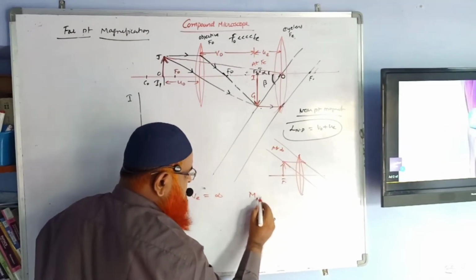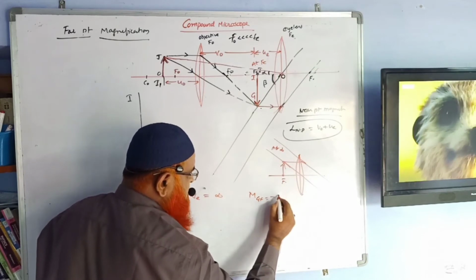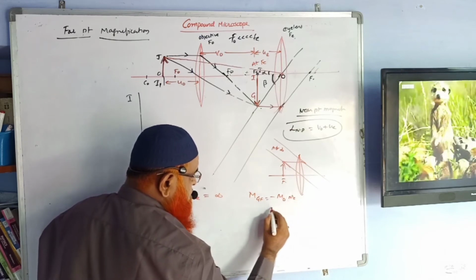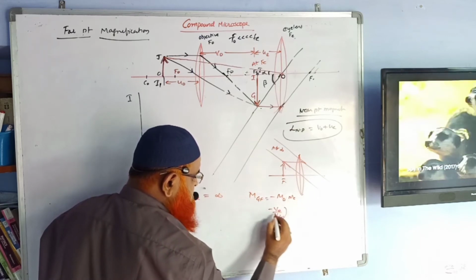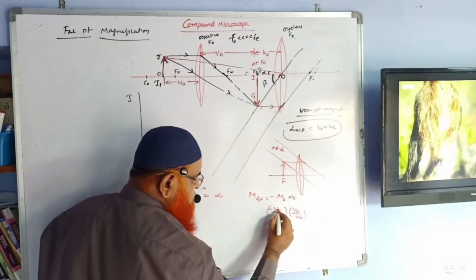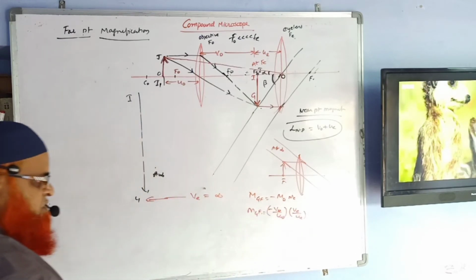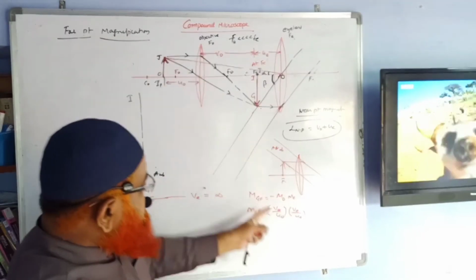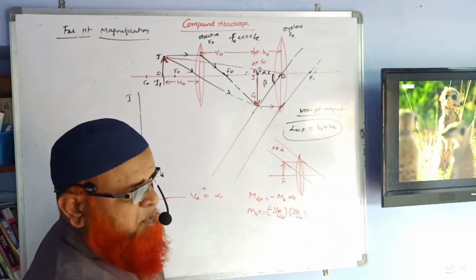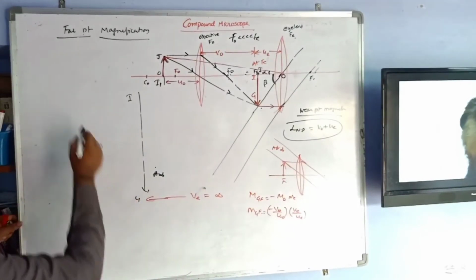You know magnification general formula. I told you in the previous case. Magnification general formula is nothing but, m naught into me, which is V naught by U naught into VE by UE. This is going to be the general formula. Previously we have discussed about that. Now in this case we have to replace this VE by UE now. Let us see how we are going to replace this one. Here the simple derivation we are going to do now.